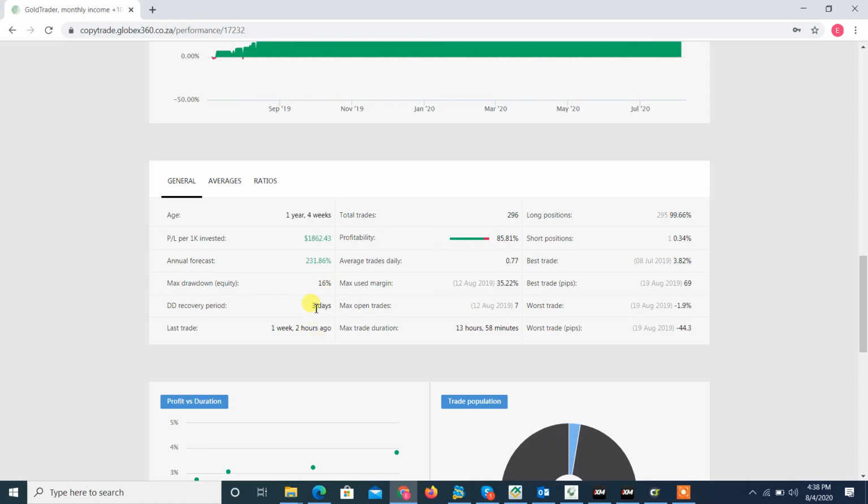His recovery period has taken 3 days. His longest trade has lost 13 hours. Most trades that he's opened, so he's opened 7 trades at a go, and his highest winning trade has made 3.82% growth, right? So yet again, with the balance and the equity, you can look at how their balance has